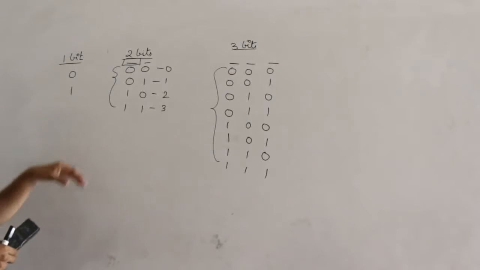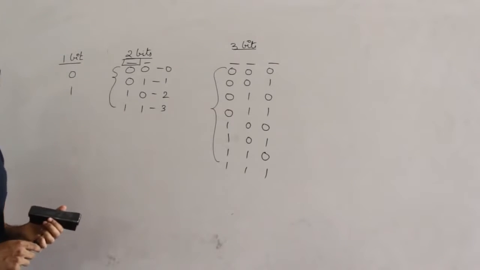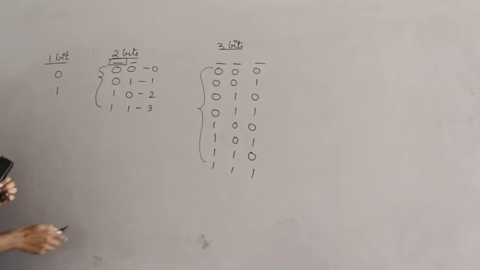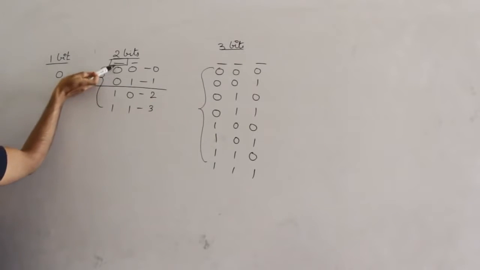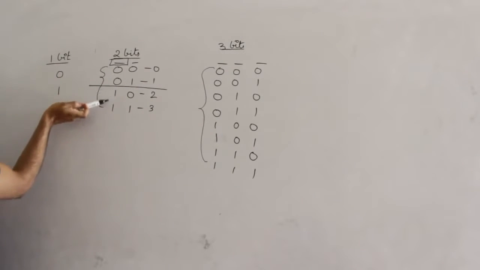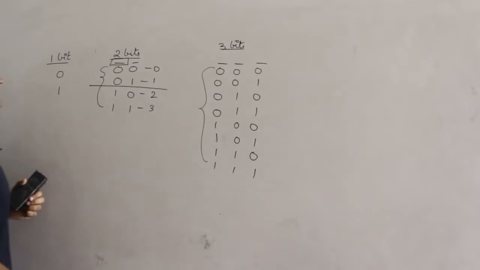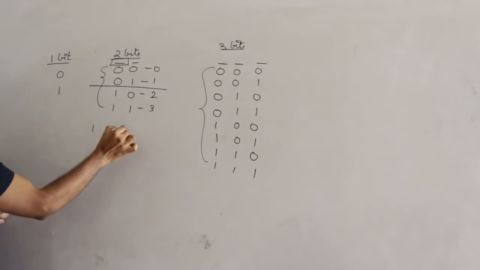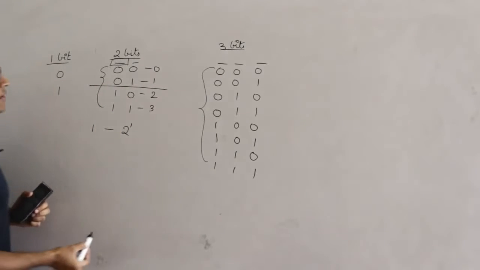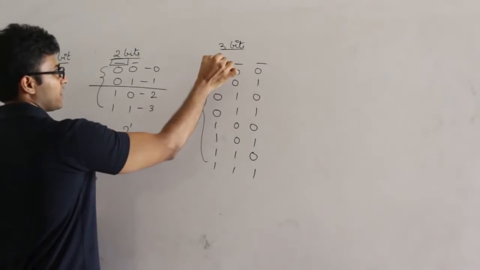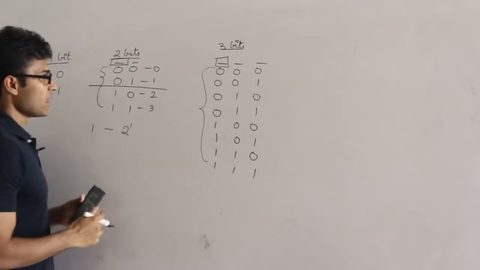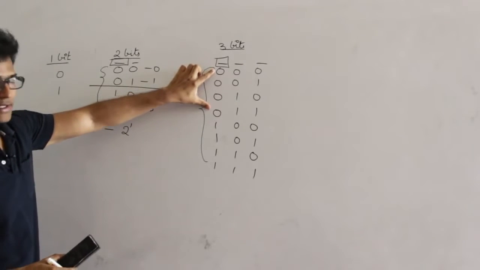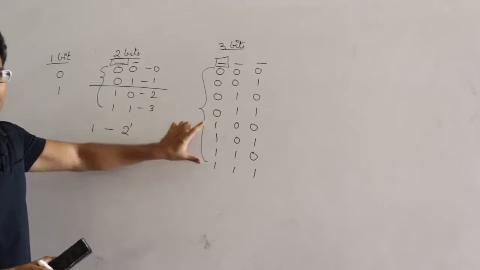It turns out that we could divide this entire space into 2 parts, isn't it? One part contains all zeros in the selected bit, and the other part contains all ones in the selected bit. Now in this space also, just check it. If I choose the first bit, I'll be dividing the entire space into 2 parts. One will have zeros in the selected part, and the other will have ones in the selected part,